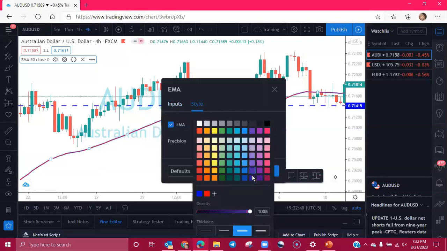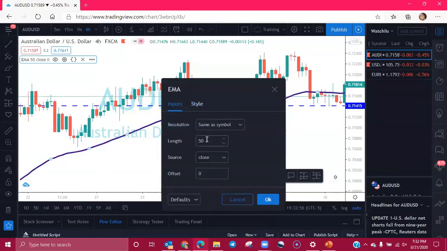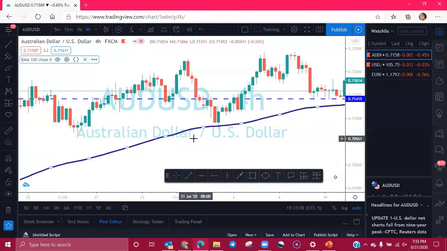You can change it to purple. You can change the thickness of the line. And then over in inputs, this is where you would change the type of EMA that you have. So right now we're at 50. If we wanted to change that to 100 EMA, you would put in 100 there and just click OK, and it changes for you. Okay.